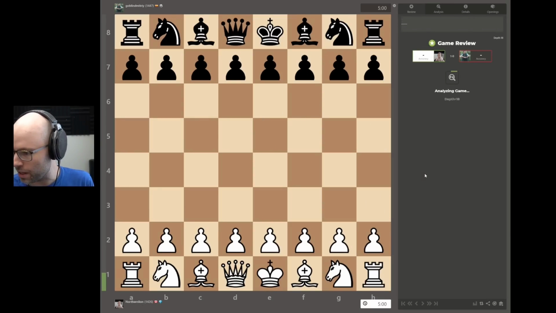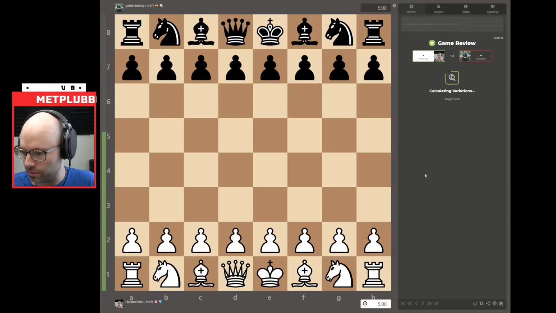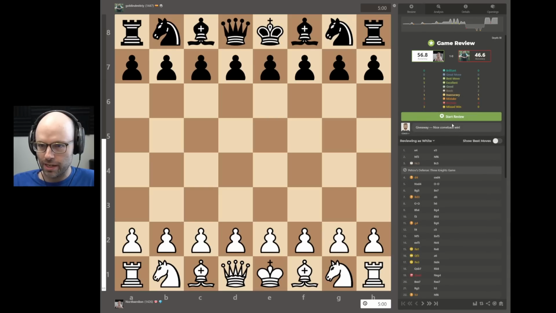I'm interested to see how the engine thought the position was when we started to push our pawns on the king side. I mean, I thought that was a fun time. I like to play fun chess, which is not good chess. By the way, that's not the only thing holding me back from playing good chess, but...